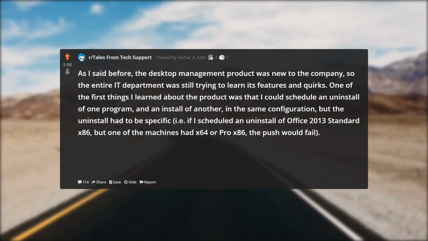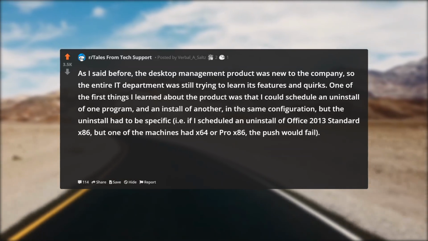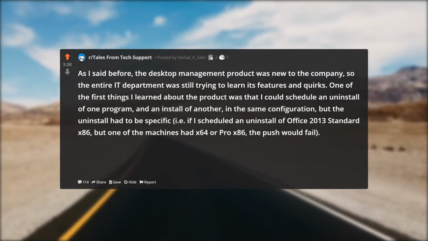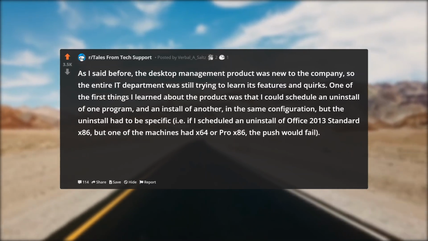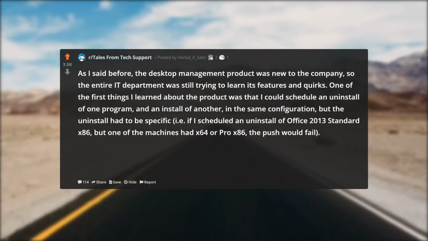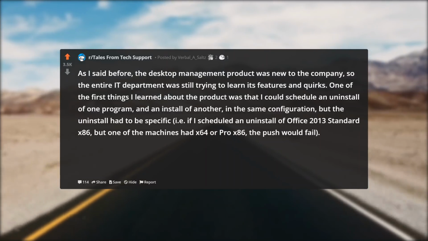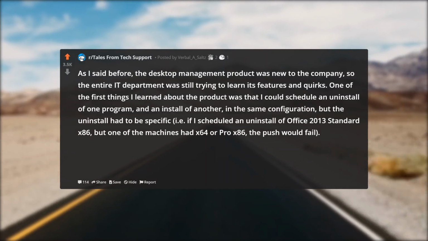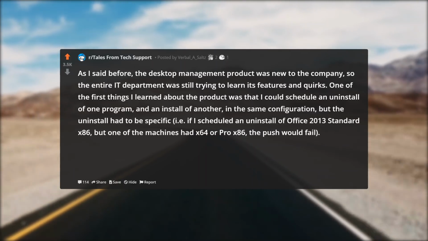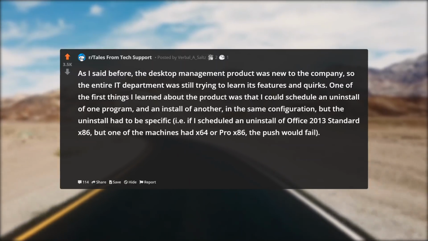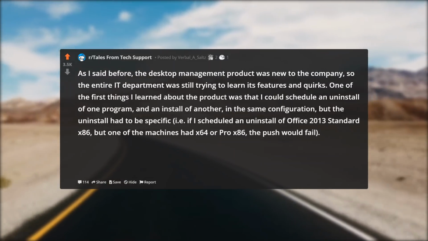As I said before, the desktop management product was new to the company, so the entire IT department was still trying to learn its features and quirks. One of the first things I learned about the product was that I could schedule an uninstall of one program and an install of another in the same configuration, but the uninstall had to be specific, i.e. if I scheduled an uninstall of Office 2013 Standard x86, but one of the machines had x64 or Pro x86,